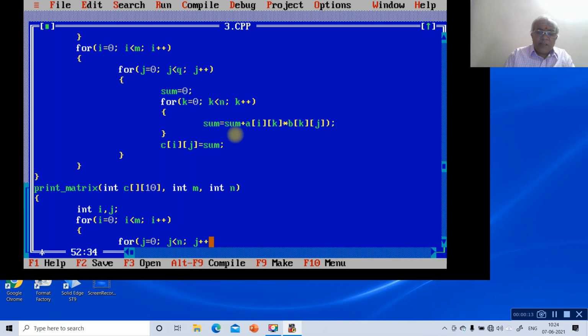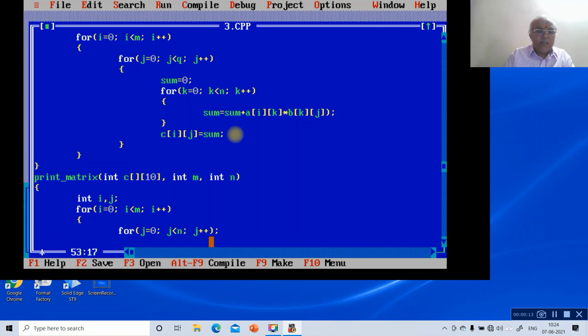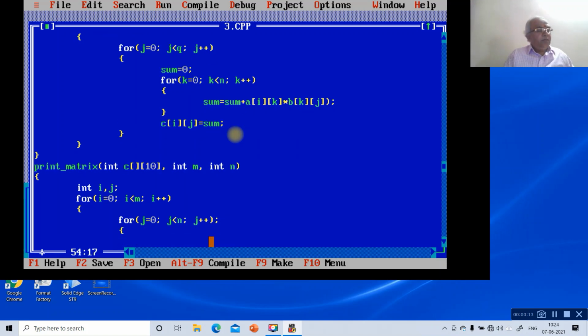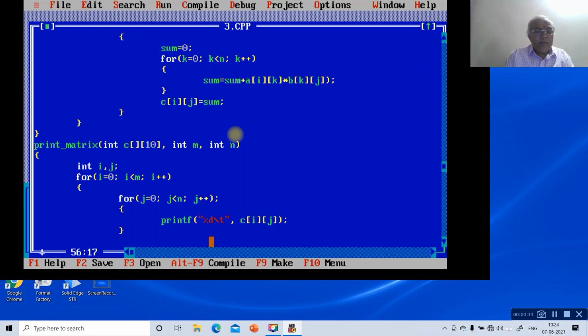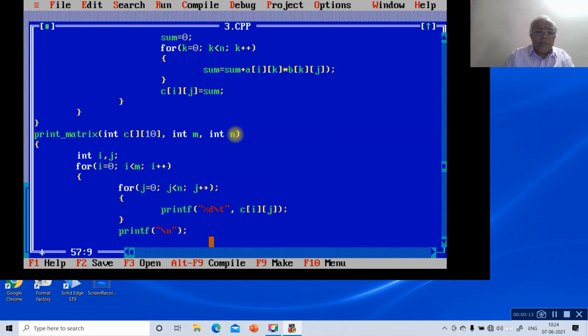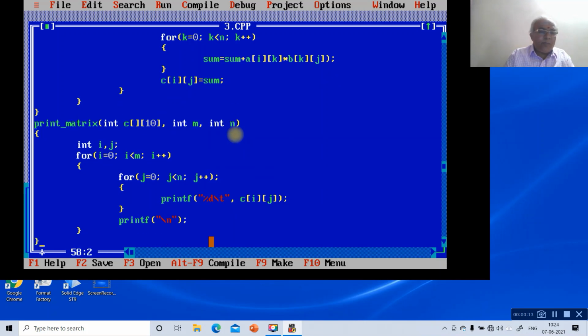Then you write printf("%d\t", c[i][j]). Then close it. Then printf("\n"). Then close the loop and close the loop.